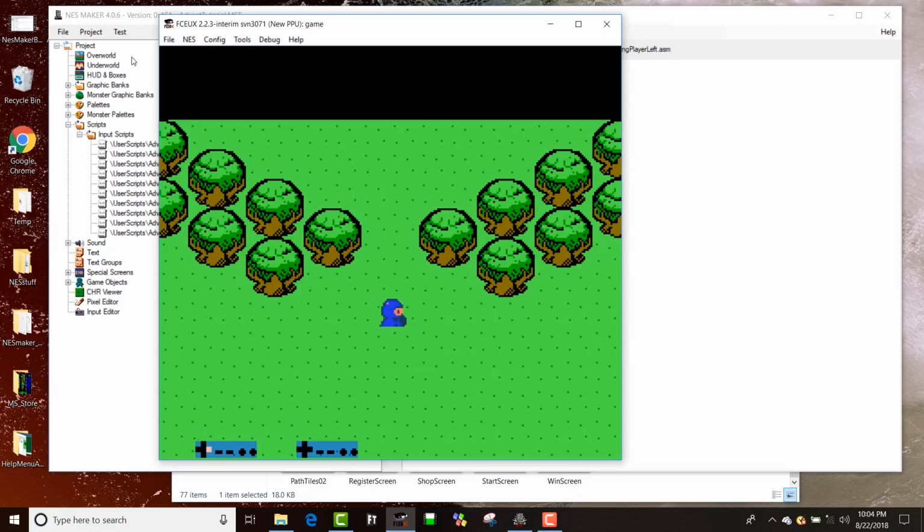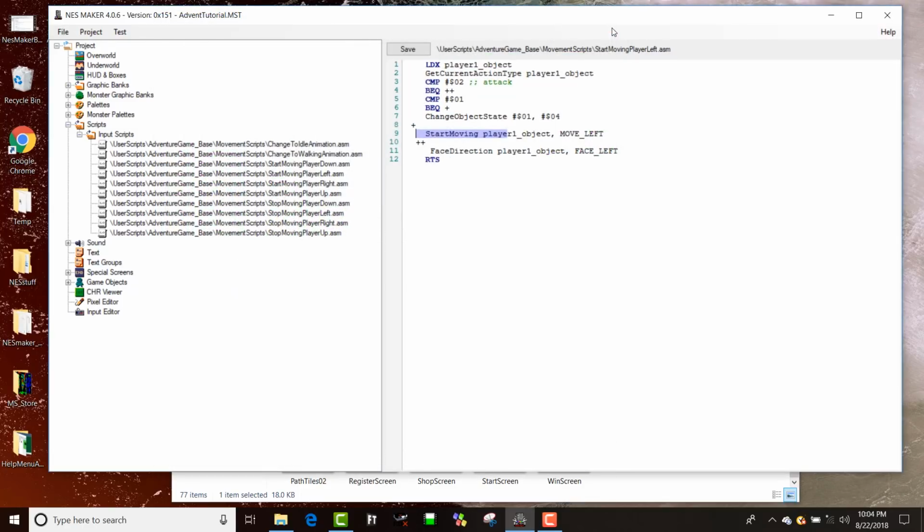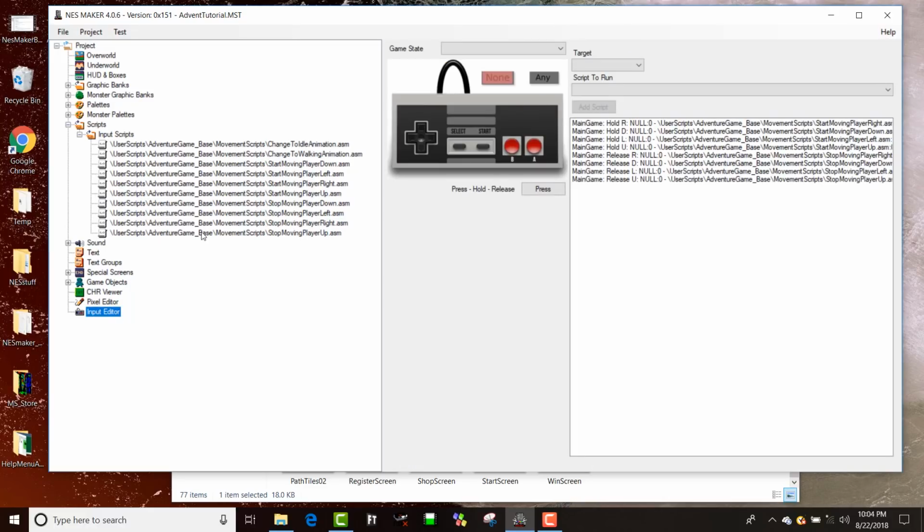And I've got my character, and now he's moving. Now I notice he doesn't stop when I want him to stop, as far as his animation. He still stops, but I want him to actually stop moving when I let go of the key. So what I'll do is I will put on the release events,